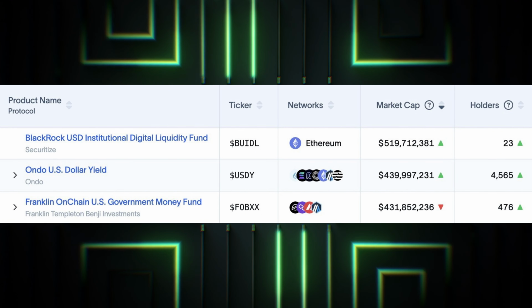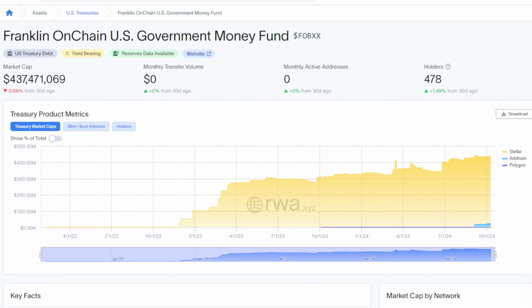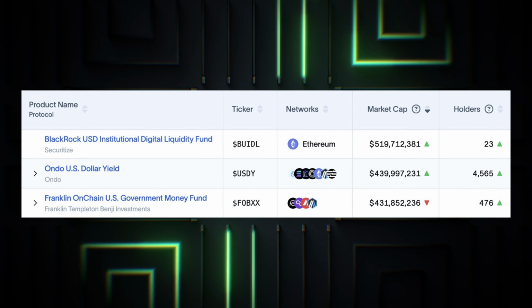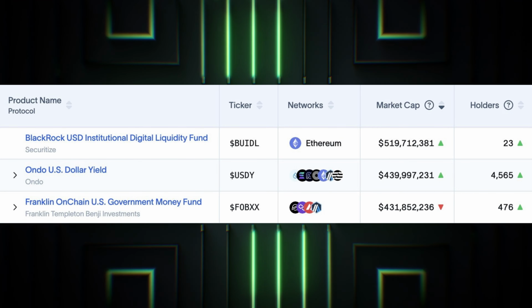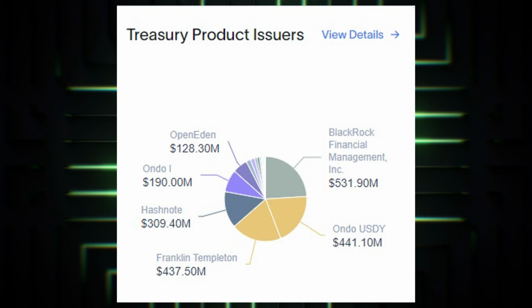$439 million. Franklin OnChain U.S. Government Money Fund. Backed by Franklin Templeton, this project offers blockchain-native access to government-backed securities, combining transparency, security, and a market cap exceeding $430 million. These projects offer easy access to traditional liquidity instruments, highlighting the growing confidence of financial giants in blockchain. The competition between these products, such as Ondo's recent success in surpassing FOBXX, indicates the dynamic and rapidly evolving nature